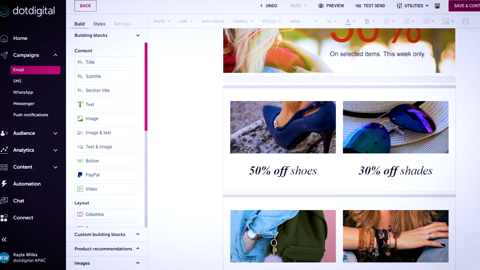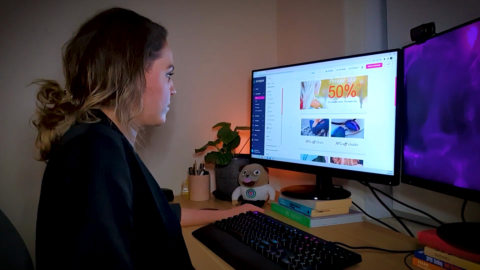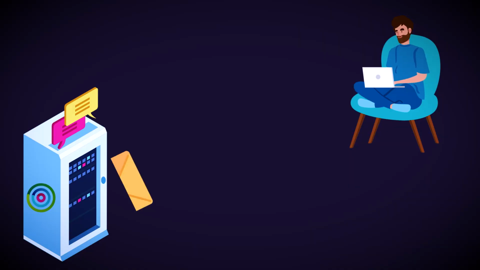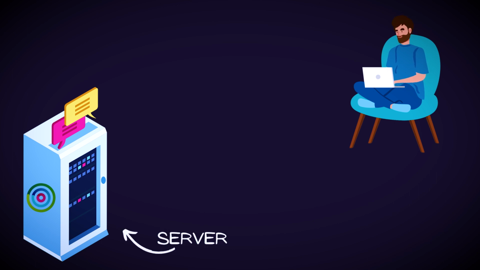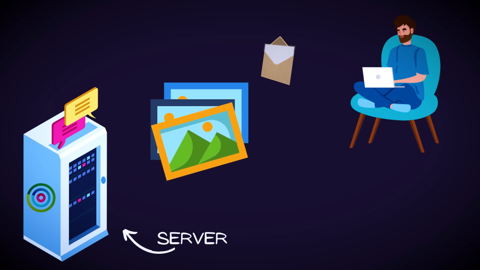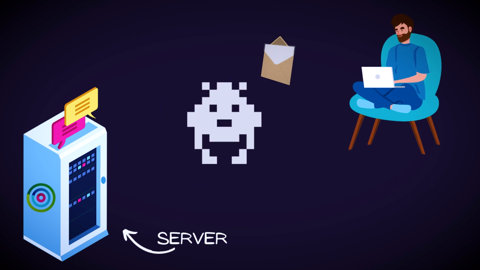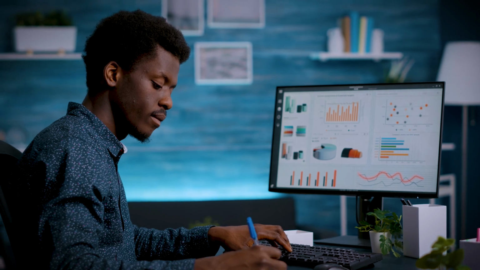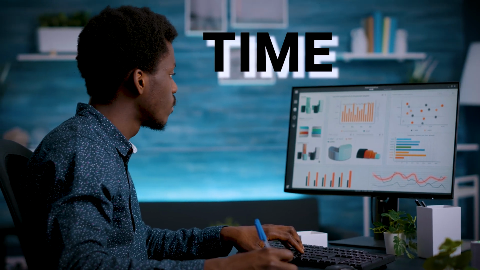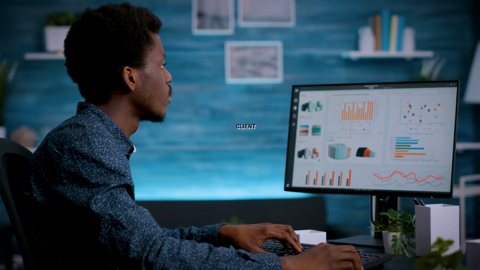But before we get to Apple, let me explain exactly how open rates are measured. When you create your marketing email, it has a tiny image called a tracking pixel. It's 1 by 1 in size and completely invisible to your audience. When you send your email, all its content is hosted on a server controlled by your email service provider. When the email is opened, the content is loaded from that server, including your tracking pixel. As the pixel is delivered, details are logged, including the time of request, recipient's IP, and sometimes the email client,